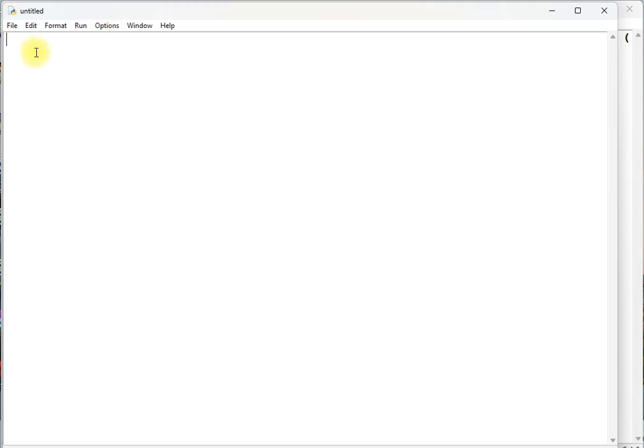Then the code is like, here I am writing a message for the user to accept a number. That's it. Now I am going to print this value.